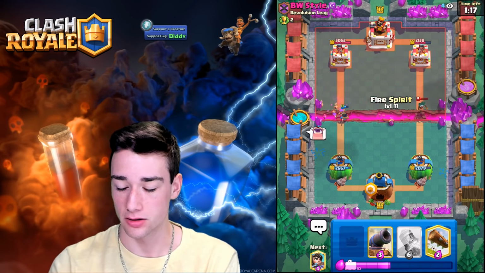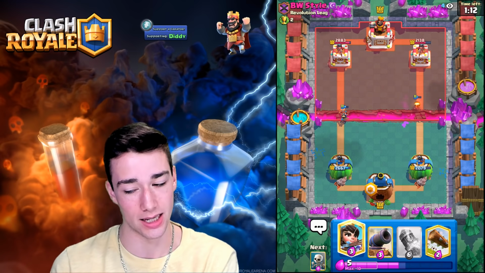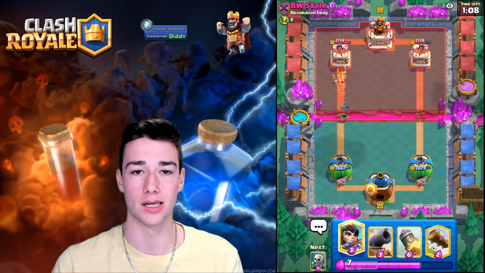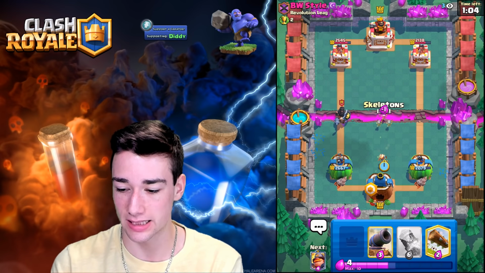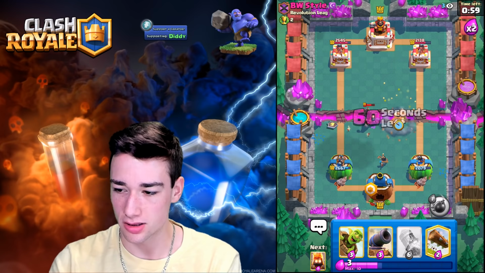Let's go. Let's go into the Fire Spirit here just so the Bandit has to walk. Nice. Fire Spirit does get hit, unfortunately. We don't have the lead. The Goblin Drill did some work, but I think this is going to be a really fun match. Let's go into the Princess here. Let's go into the Skeletons. And then we can 100% go into the Mighty Miner here, guys, just so the Mighty Miner can get some